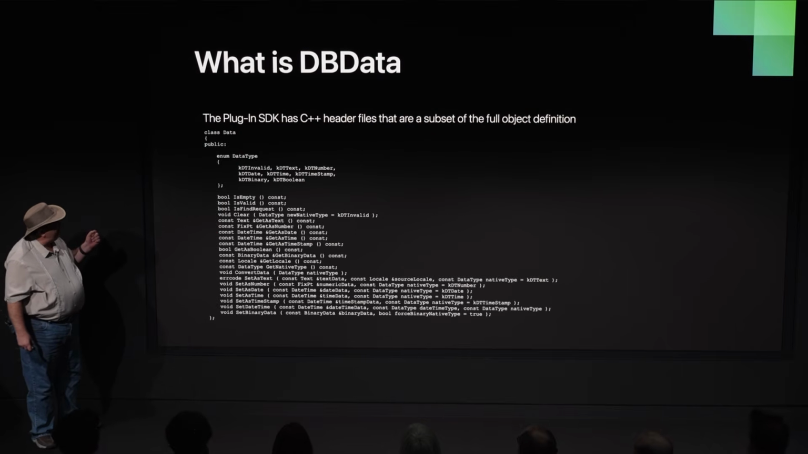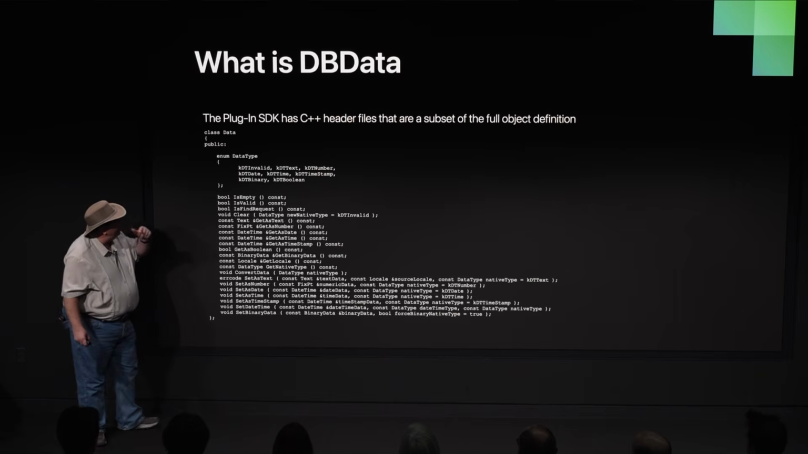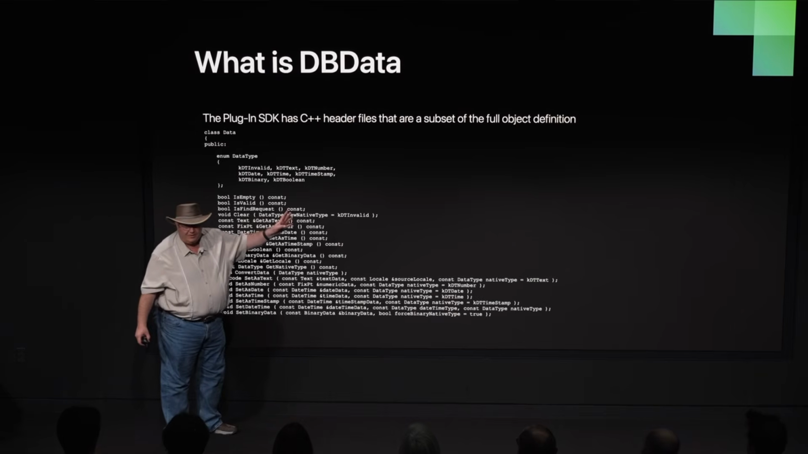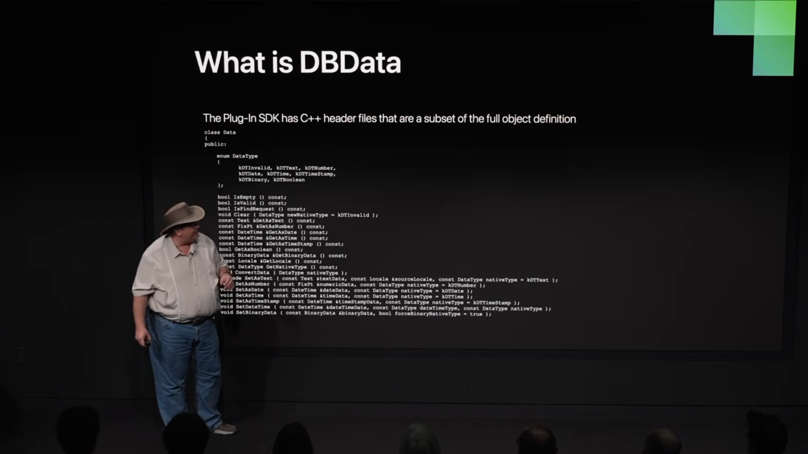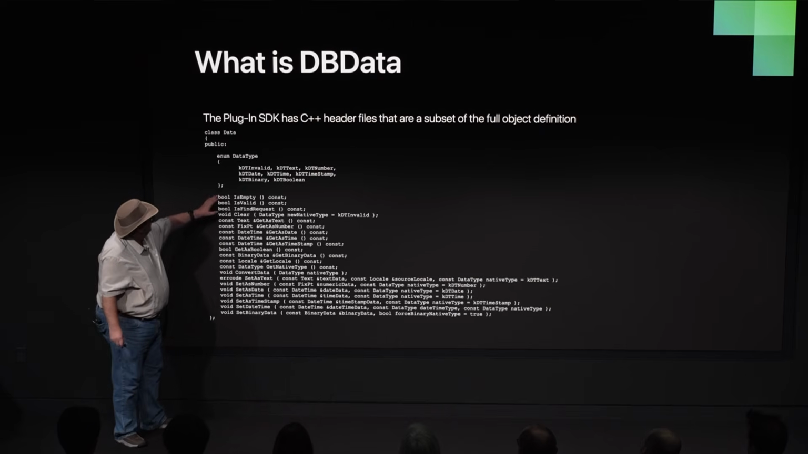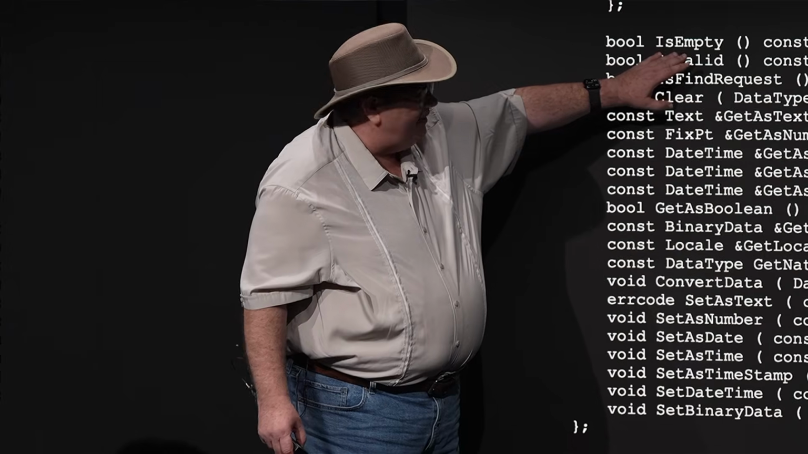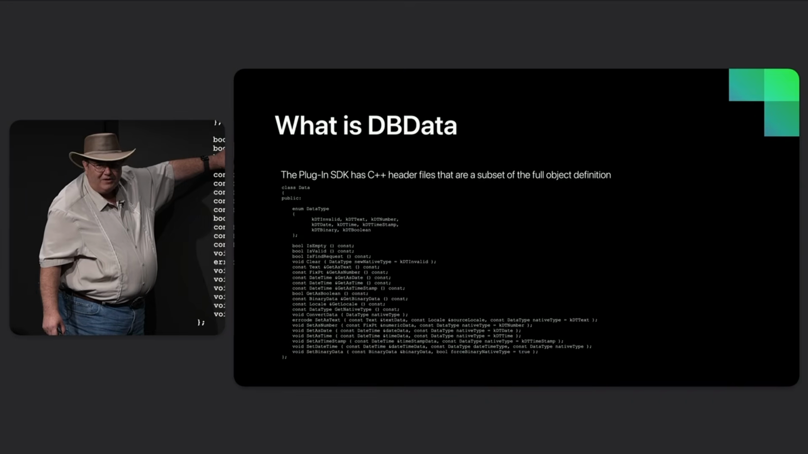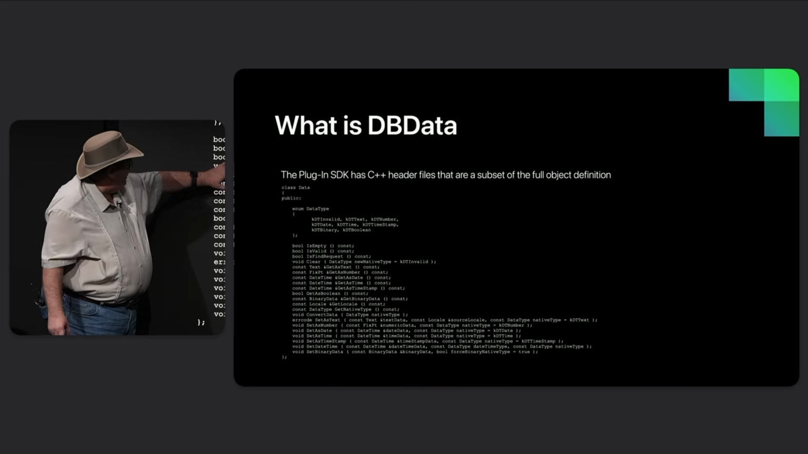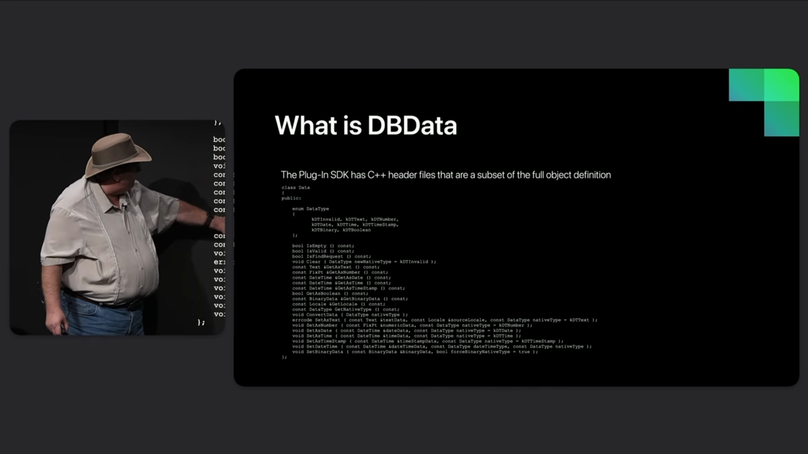If you want to see what the class actually looks like in C++, you could download the plugin SDK. It has the C++ header files in there. All the plugin developers in here know about this already. But you can see here's the new for the different data types. It has things like isEmpty. You can kind of guess that the isEmpty calc function calls this function on the DB data to determine whether it's empty or not. And there's all these other things to grab data as a fixed point or as a